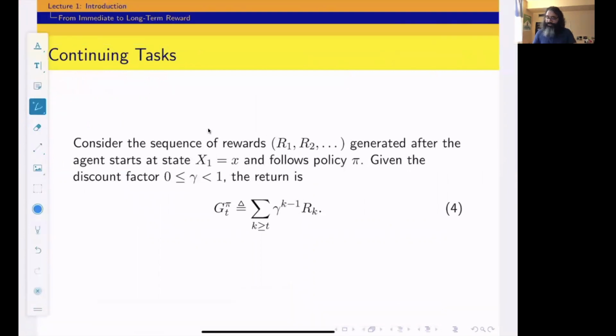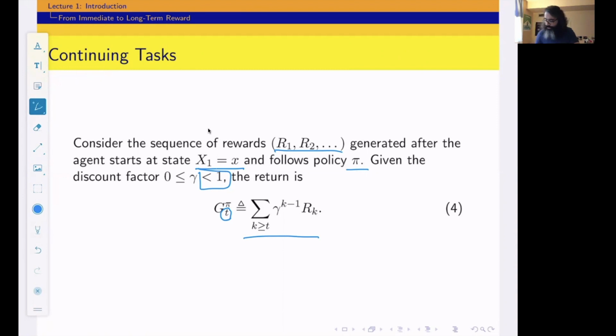Okay, suppose, again, I define the return and everything. So here, consider a sequence of rewards R1, R2 to R infinity that is generated when the agent starts at state x1 equal to x and follows policy pi, given a discount factor, which you notice I make sure is smaller than 1. The return is defined this way. Here is a bit different notation. I'm using G of pi with subscript t. This is essentially the return after time step t. So here I'm saying that for k's larger or equal to t, I compute